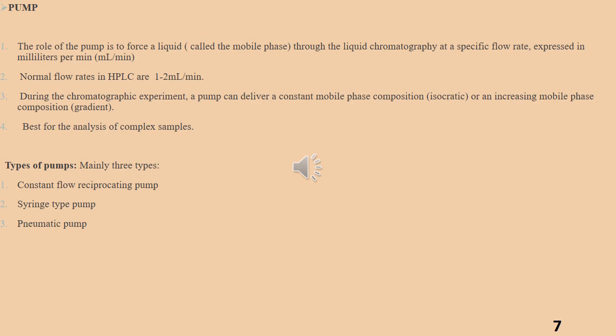Next one is syringe type pumps. They work on the principle of positive solvent displacement by a piston mechanically driven at a constant rate in a piston chamber of about 250 to 500 milliliter capacity, with the generation of pulseless flow with high pressure capabilities. These pumps provide the lowest dead volume pumping system.